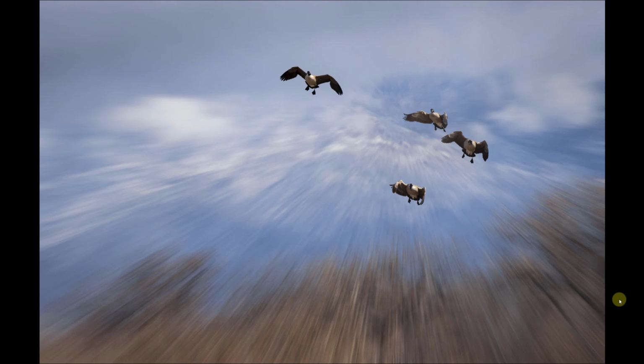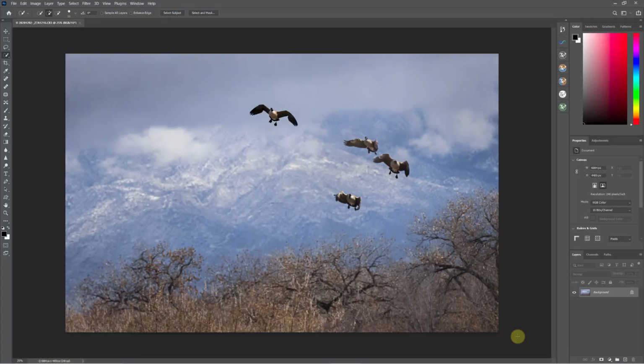So this image is more what I had in mind. It kind of zooms in with motion towards the geese. So I'm going to show you in Photoshop how to do this. Let's go to Photoshop. So here we are in Photoshop, and the technique is very similar to the one that